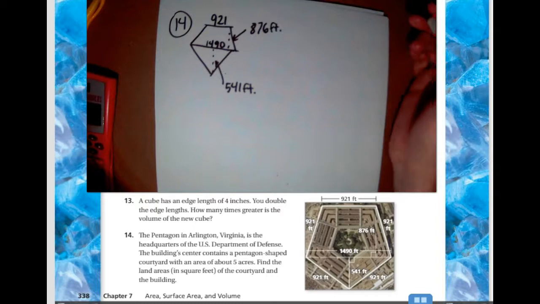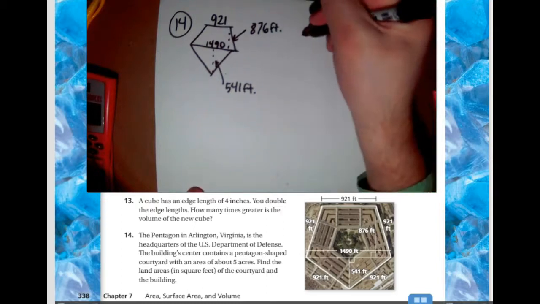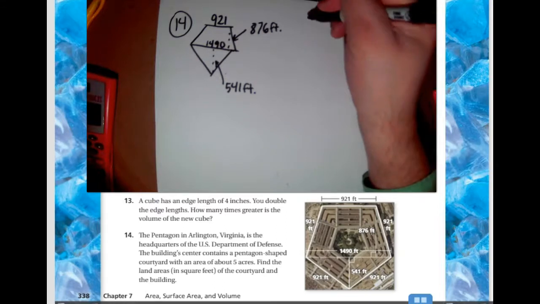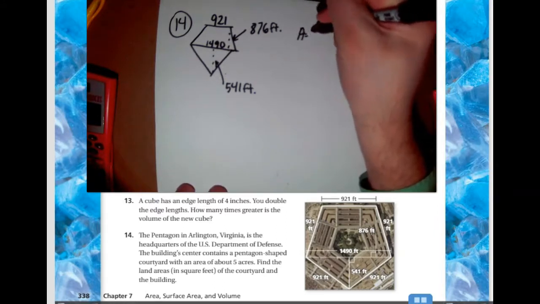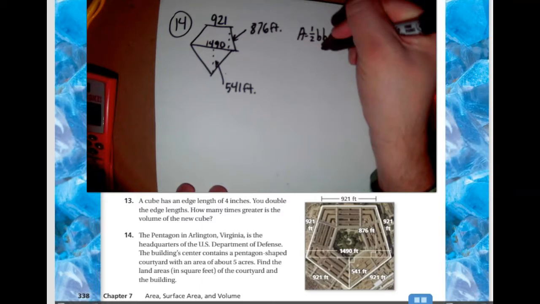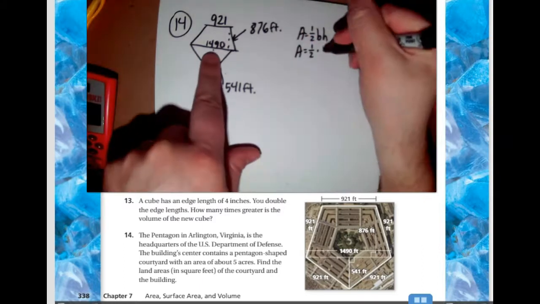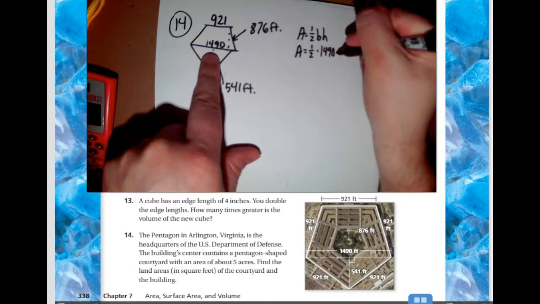So guys, we really just have two shapes to worry about, a triangle and a trapezoid. This is just a composite shape, really. Right, so let's start with a triangle. Area equals 1/2 times base times height. Plug in our info. Area equals 1/2 times 1,490 times